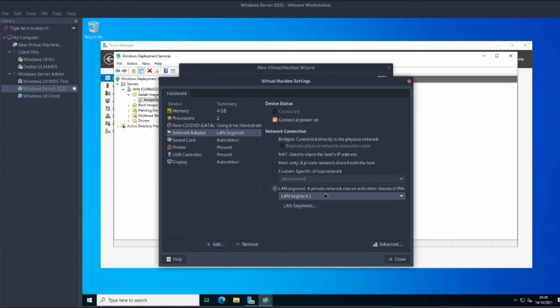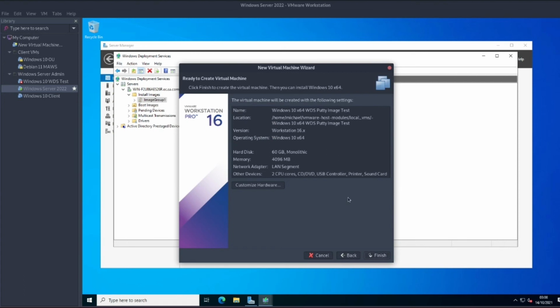Leave that as default, and let's customize hardware, and let's place the network adapter in the same network as the deployment server so that they can talk to each other, so that this machine can get an IP address and things like that. Okay, so I'm happy with this blank empty client. This is an empty shell of a machine. I'm going to click finish,